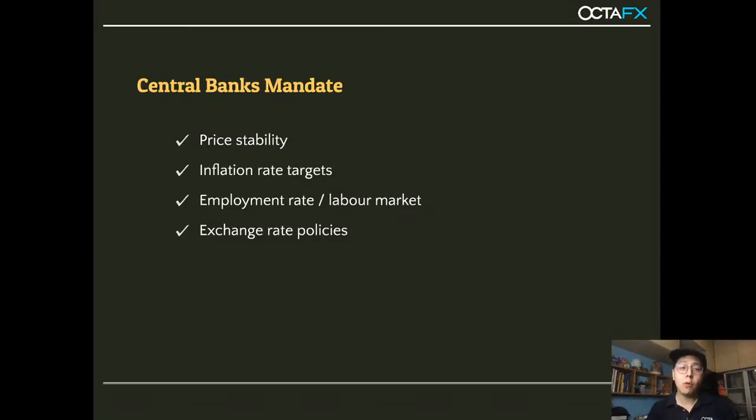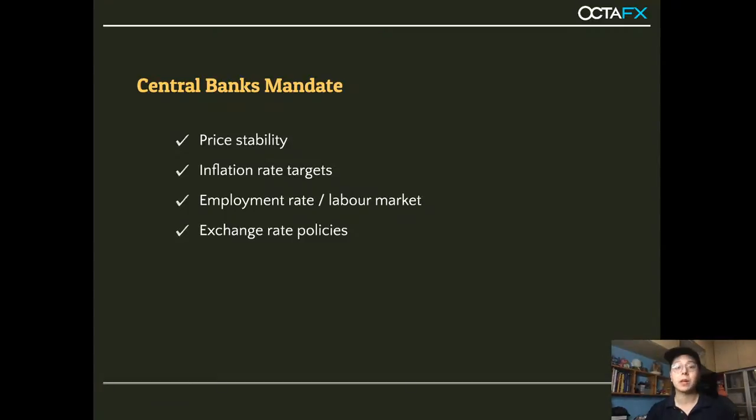Okay, so over here, some of you might not fully understand what is inflation. So I'll quickly, in a very simple way, explain that to you. If you take a look at our day-to-day life, 10 years ago, a cup of iced coffee at a kopitiam, maybe with 1 ringgit 50 cents, maybe you can buy it. But today, any coffee shop will sell you a cup of iced coffee for maybe about 2 ringgit 50. So that increment in price from 1.50 ten years ago to 2.50 today is called inflation.